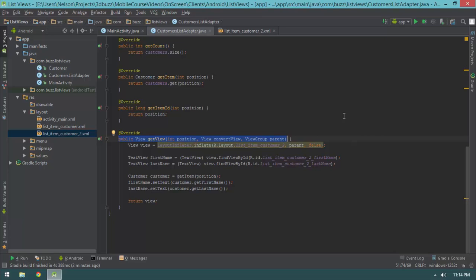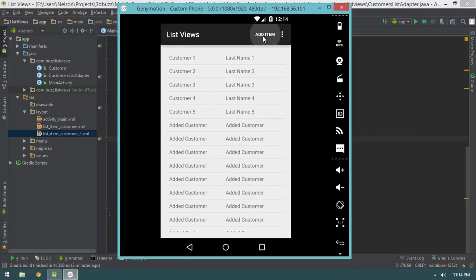However, you'll also note that we have a convertView and our parent, which our parent's pretty obvious, but our convertView is really the thing that we want to talk about here. Basically, what we're doing with this code is very inefficient, especially if it's a long list. If our list is particularly long, we have just introduced a huge performance problem, especially when it comes to scrolling. For example, if I go ahead and add a bunch of items and I start scrolling,